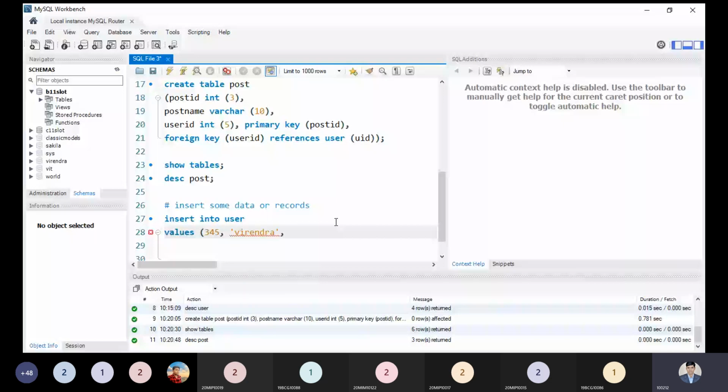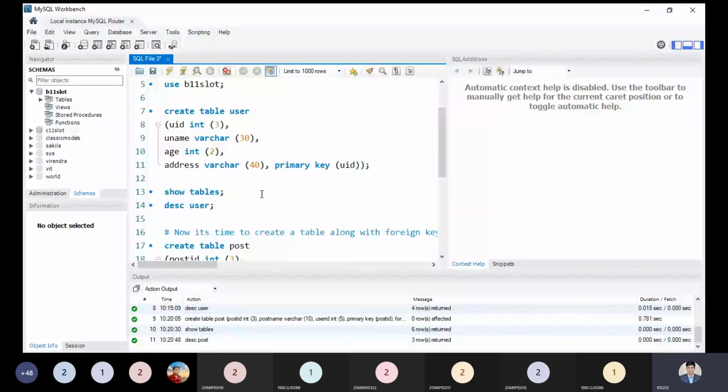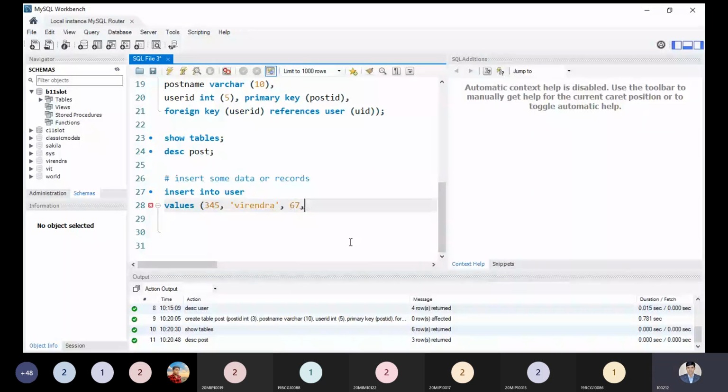Just keep in mind what the correct sequence is that we are using. Username is okay. So this is the first value we have created.